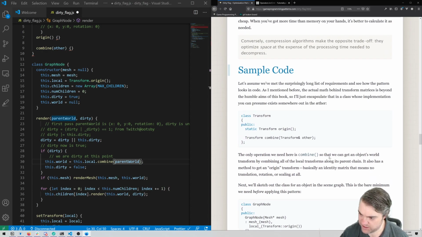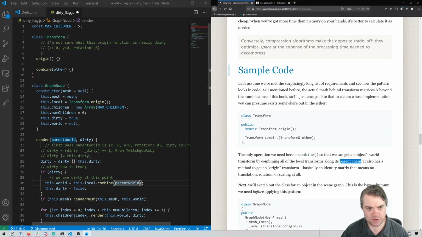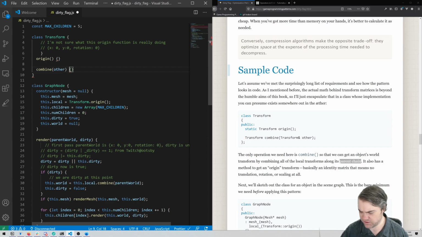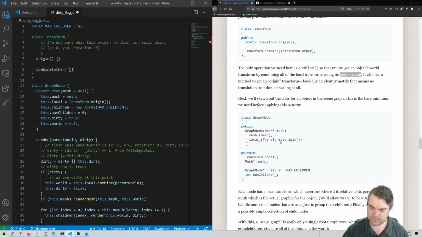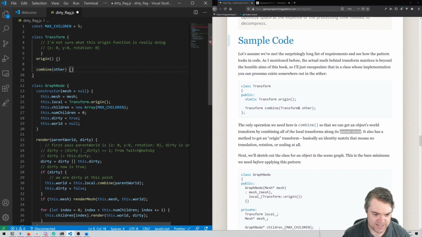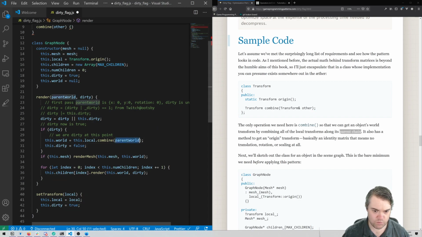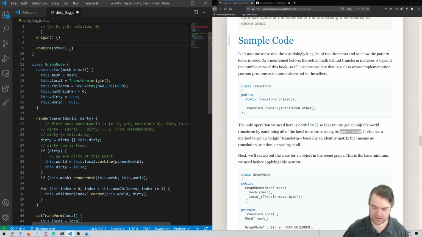The only operation we need here is combine, so we can get an object's world transform by combining all the local transforms along its parent's chain. Am I supposed to be creating new transforms and storing that in the world? This is where it breaks down for me. I don't know what combine is doing. So in a first pass,